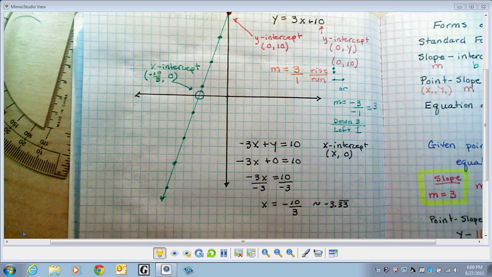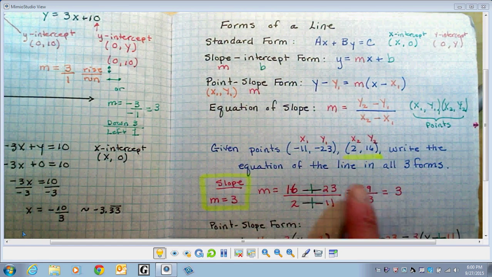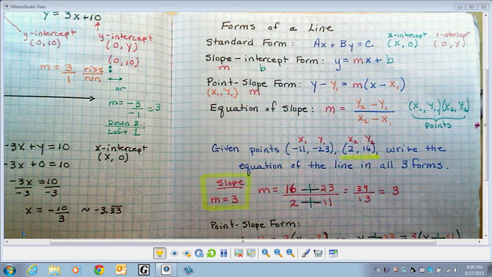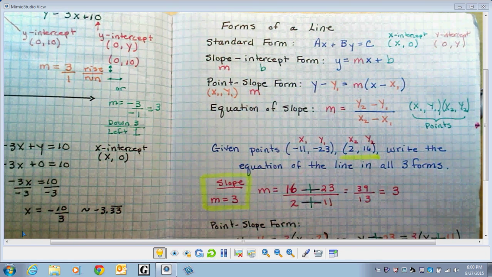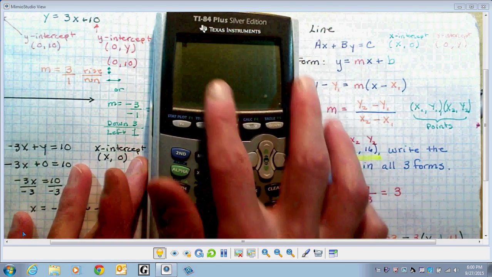In the last video, we looked at how to get the equation, or three equations of a line, given simply 2 points. In this video, I want to show you how you could do the same thing using your calculator and not having to do quite so much algebra. It takes a little bit more thought. So we're going to take our calculator,